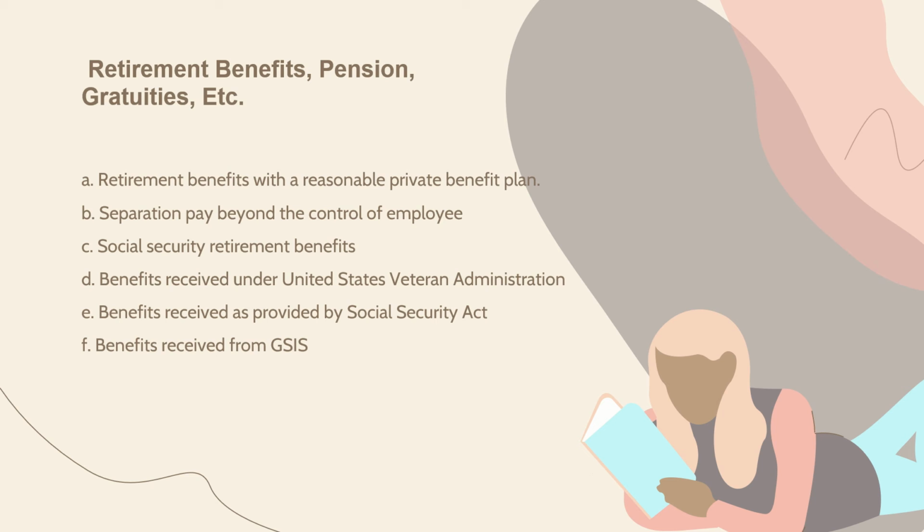For purposes of this subsection, the term reasonable private benefit plan means a pension, gratuity, stock bonus, or profit sharing plan maintained by an employer for the benefit of some or all of its officials or employees, wherein contributions are made by such employer for the officials or employees or both for the purpose of distributing to such officials and employees the earnings and principal of the fund thus accumulated, and wherein it is provided in said plan that at no time shall any part of the corpus or income of the fund be used for or be diverted to any purposes other than for the exclusive benefit of the said officials and employees. Letter B.